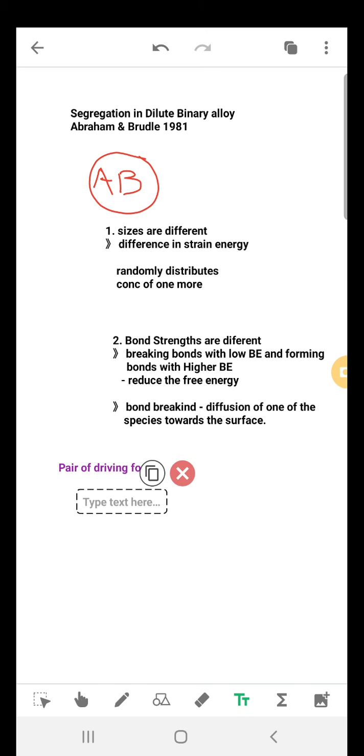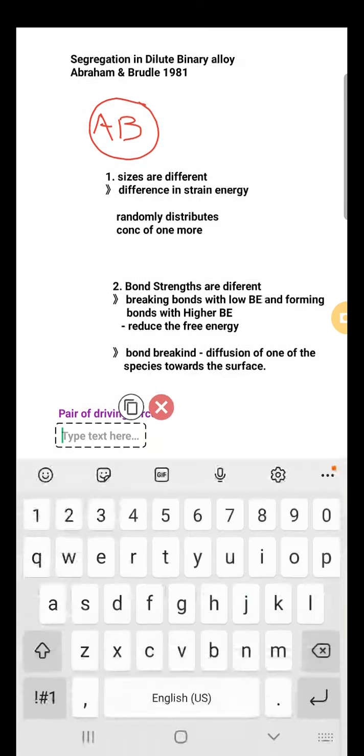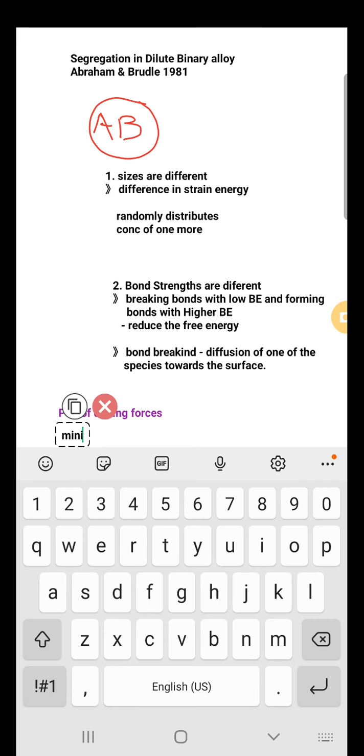So the concept is minimization of the total energy